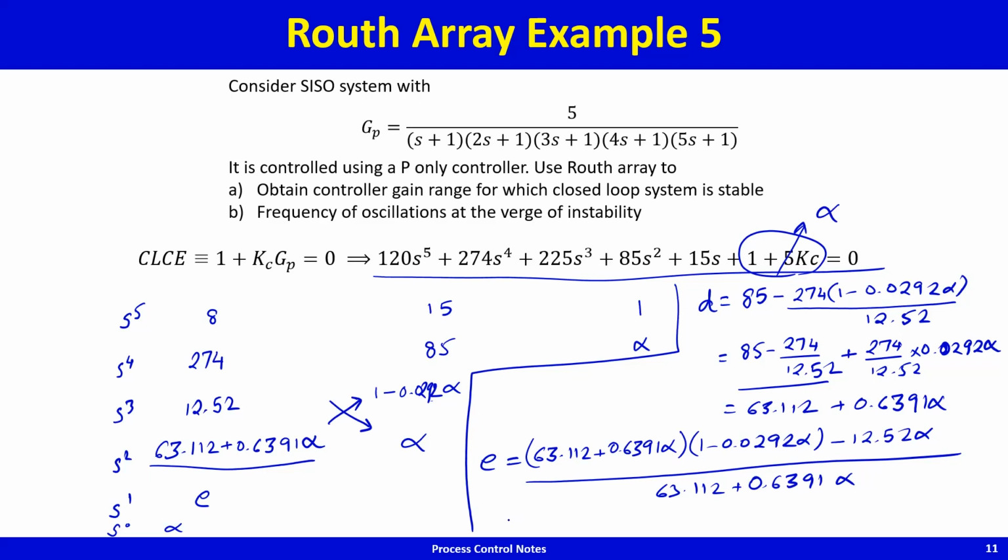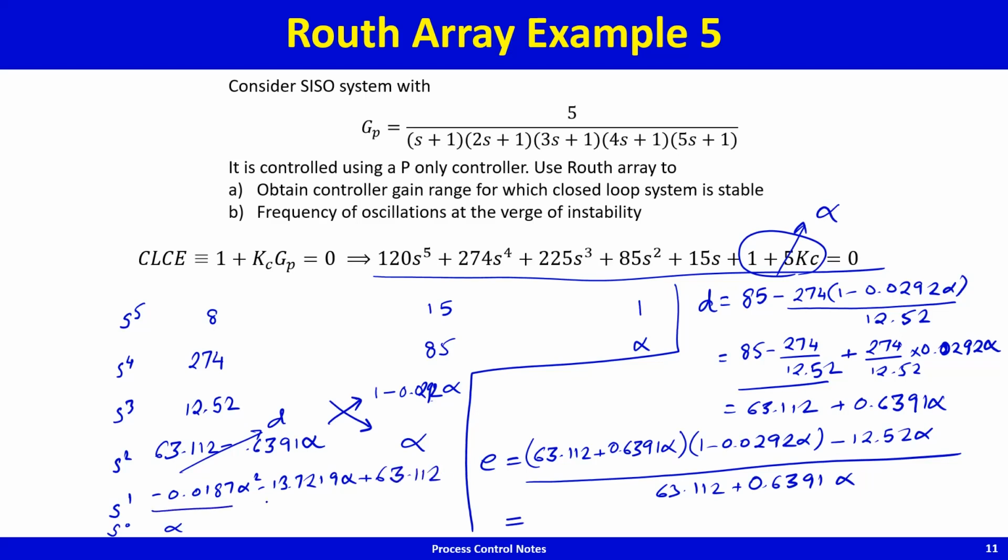And you will see that this guy turns out to be a quadratic in alpha, and that quadratic I have calculated, and let me call this, we were calling this D. So this guy turns out to be minus 0.0187 alpha square minus 13.7219 alpha plus